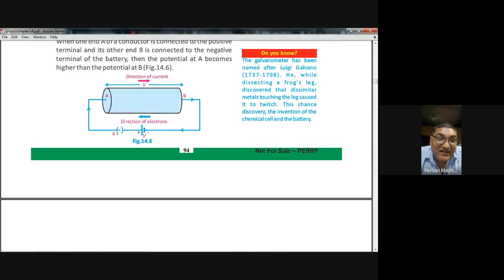But one thing changes. The current which came out of here, for example, it has 6 volt potential, electric potential. The potential here is 6 volt. So it's kind of energy. So when it will come back, it will have lost its energy. So the current coming out of the battery from the positive terminal, for example, its potential is 6 volt. When it will come back on the negative terminal of the battery, its voltage will be 0.